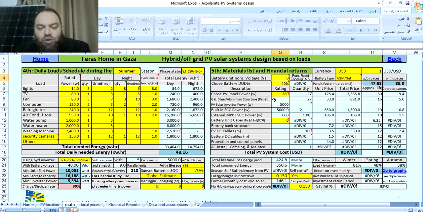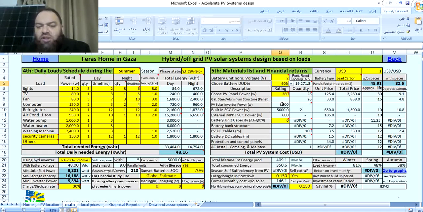Then the second thing that you need to fill here is the battery unit nominal voltage, and we will use 2-volt batteries. Now the third thing that you need to fill is the battery technology. Okay, in Accelerate you have 7 battery technologies, where in Accelerate Lite they were only 5. But we will use only lead carbon, which is also available in both versions, and the state of charge or the depth of discharge that we need to assume for the design is 60%.